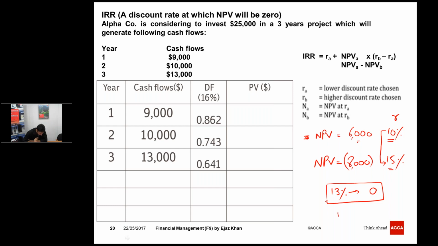Was there something you didn't understand? Actually, I'm just making a ground. Just listen carefully. You will get the example. So at 13%, if I say that the net present value is 0,